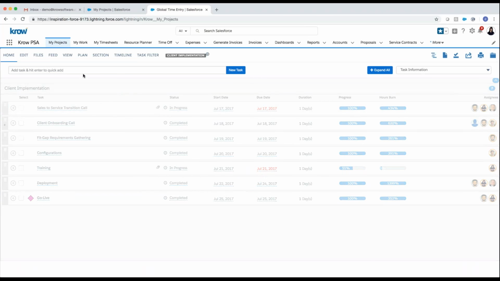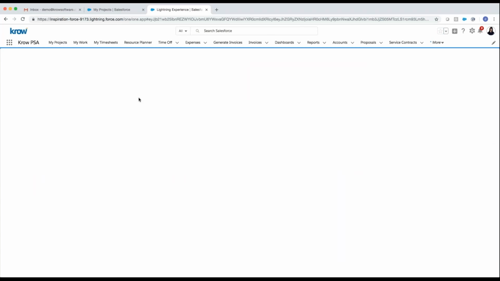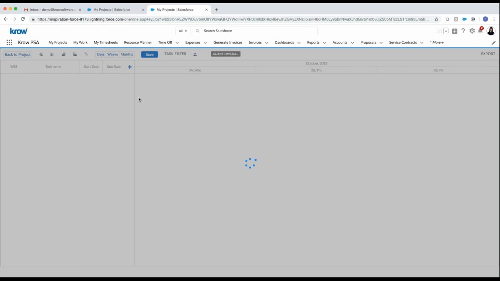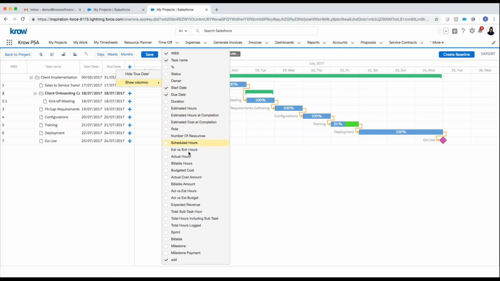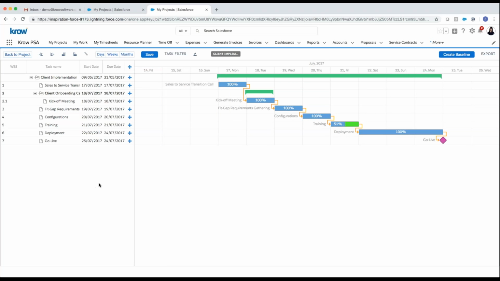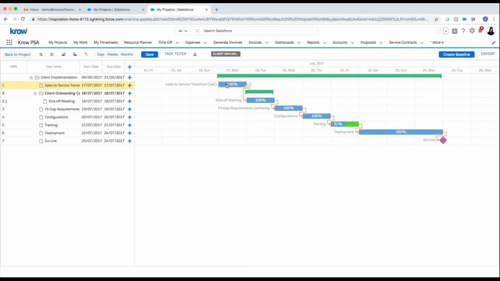Of course, this being a project, we might want to look at the project Gantt chart. So I can navigate directly to the project Gantt chart. I can see all of my tasks here. I can add a number of different columns into my Gantt that I wish. I can double click on it and open up that right-hand panel so I can schedule. I can even enter time right from the Gantt chart as well, add new tasks,